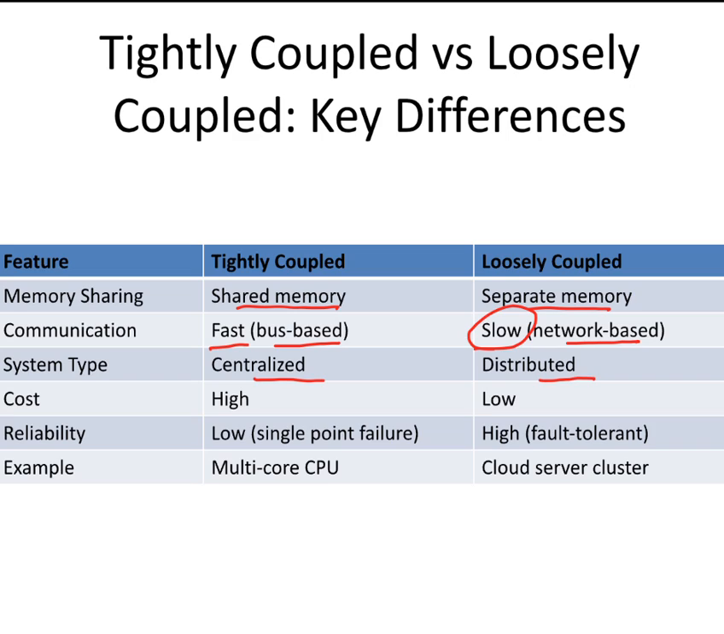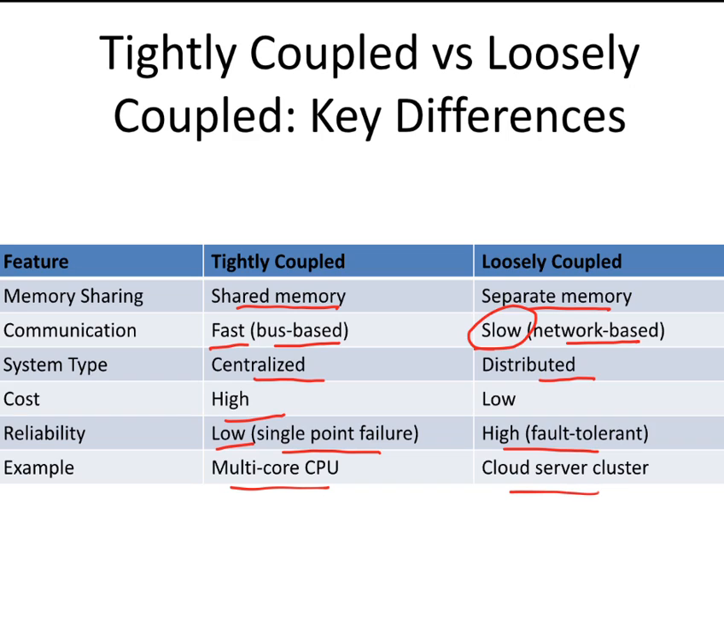The cost of a tightly coupled system is quite high compared to a loosely coupled system, whose cost is low. If we talk about reliability, it is very low in a tightly coupled system because of a single point of failure, so it's not that fault tolerant, while a loosely coupled system is highly fault tolerant. For example, as I already mentioned, multi-core CPUs like